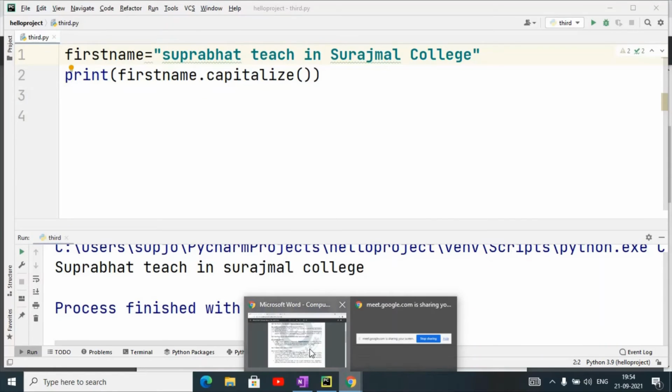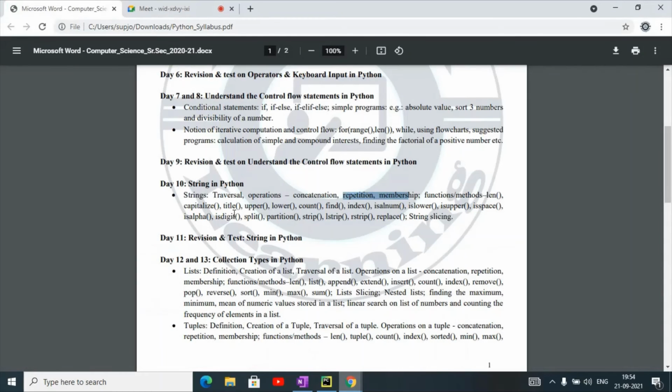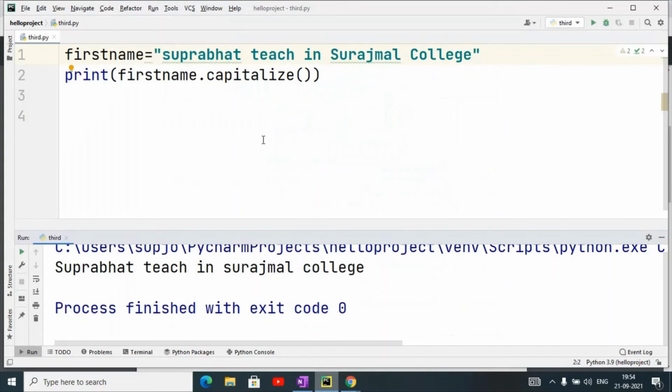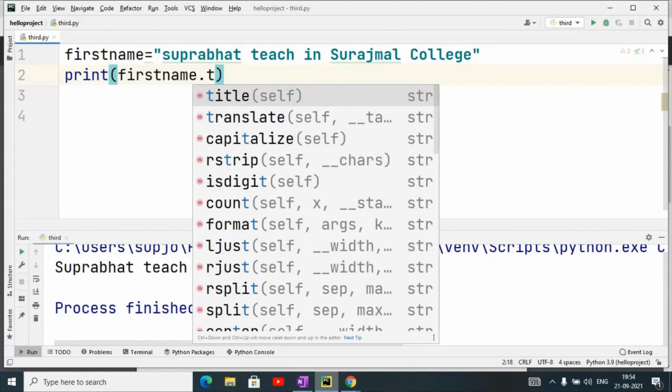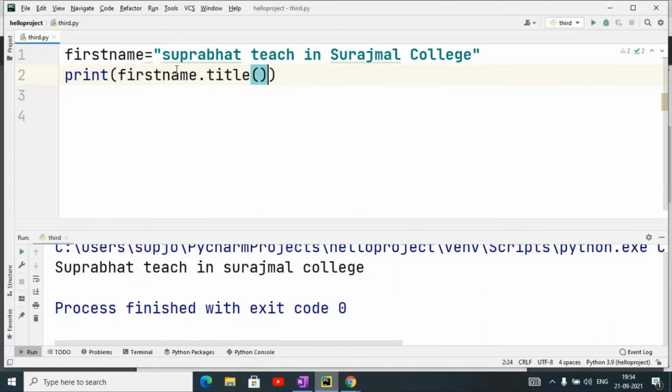Next method that we have here is title. You can write first name dot title. This method will capitalize each word in the string.